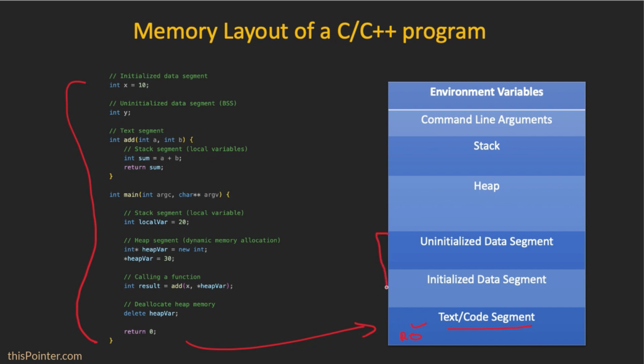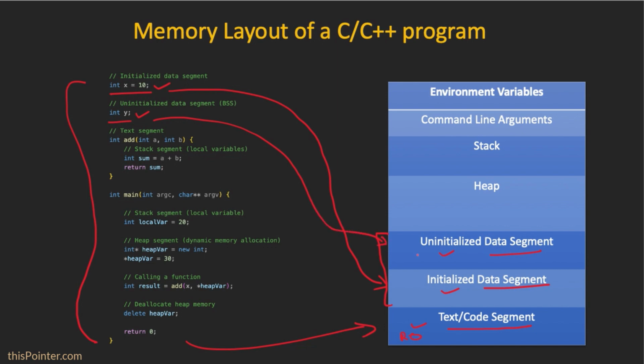Now, after that comes the data segment. This data segment is divided into two parts. First is the uninitialized data segment and second is the initialized data segment. This data segment contains the global variables and the static variables. When we declare a global variable or a static variable and initialize it at the same time, like here, then it will be stored in the initialized data segment. Whereas when we declare global variables which are not initialized, then in that case it will go to the uninitialized